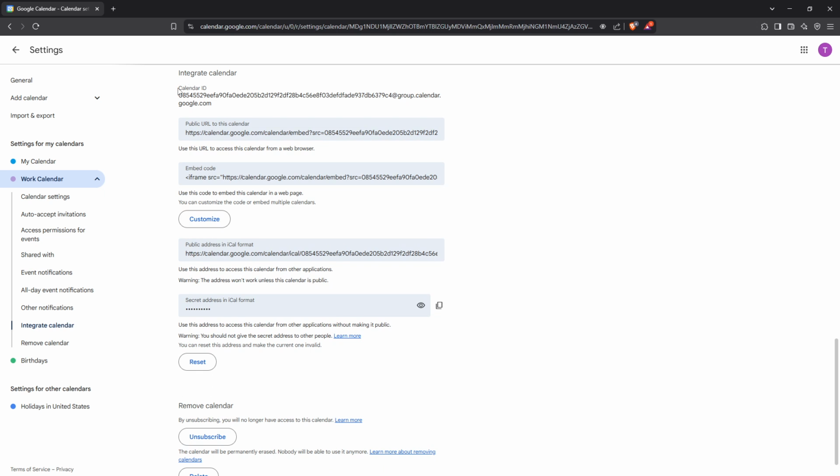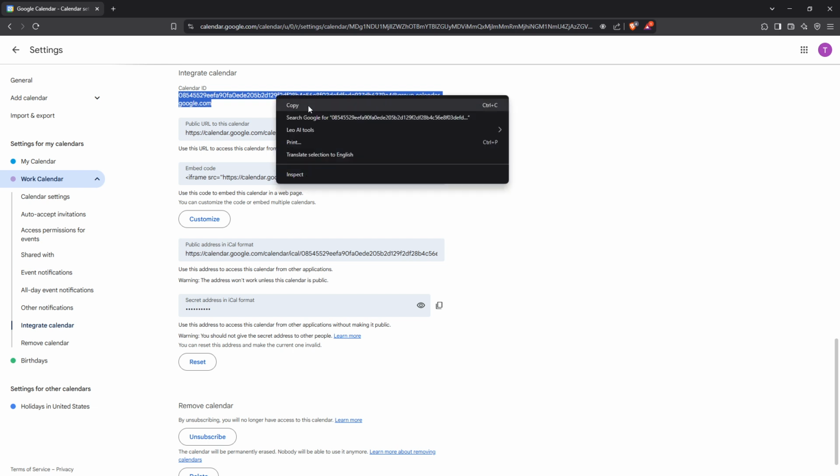The calendar ID is typically a long string of numbers and letters, often followed by @group.calendar.google.com. This ID is unique to your specific calendar and is what we need to extract. Now that you've found your calendar ID, you can go ahead and select it. When you select it, be sure to copy the entire string right up to the